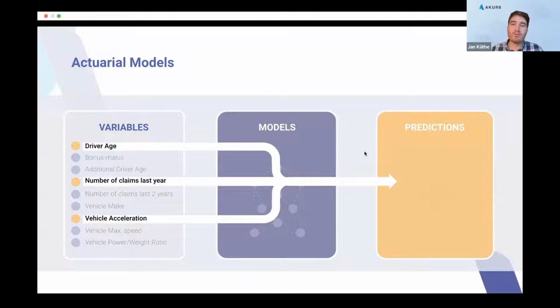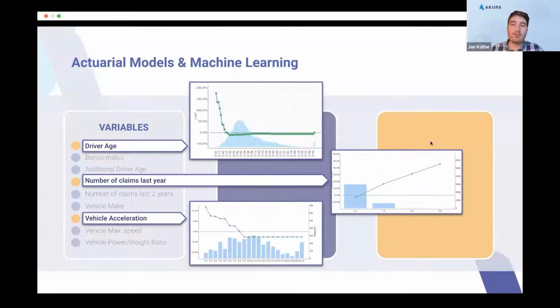But we think you should also then combine this with auditability of the individual effects. So, for example, here this could mean that to each age value you associate one relativity that you then can multiply out.